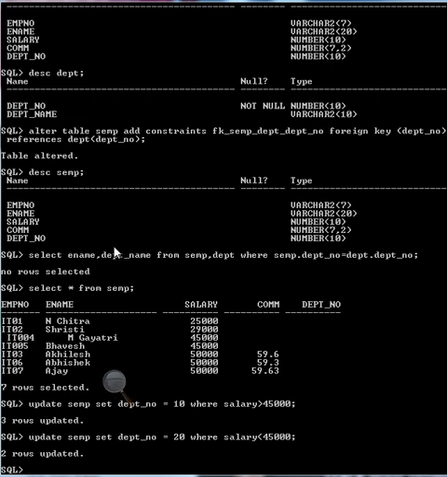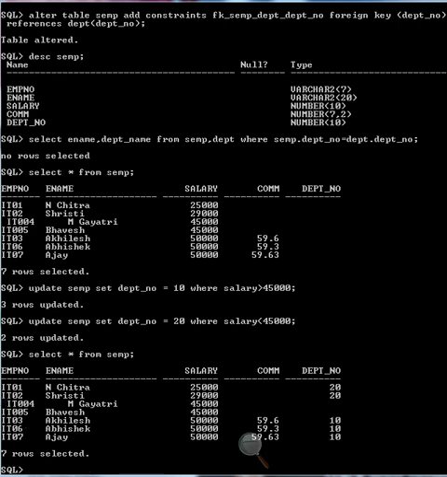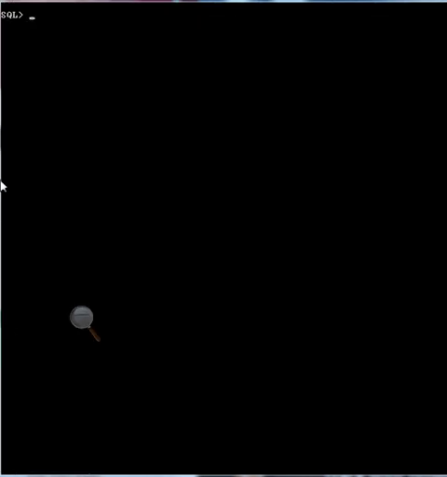So here we have defined some values, 10 and 20. Now select star from SEMP. Here we have the department number. Now try to fetch the data using both the tables.